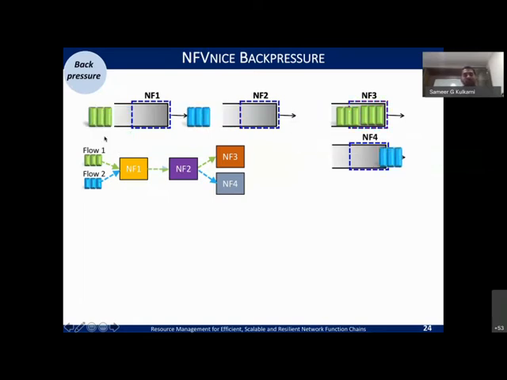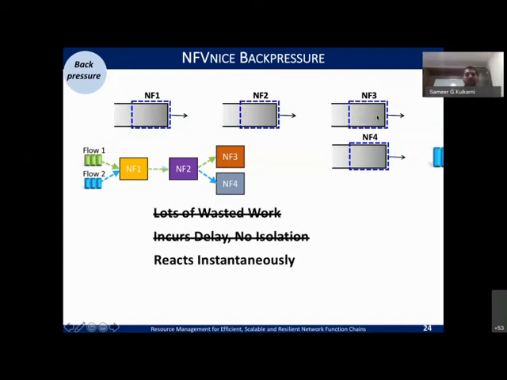While the blue packets, which are not being marked, can carry forward and get processed at NF1 and NF2, while NF3 can get its own turn to dequeue these packets. So that way, you have achieved the isolation and ensure that you can react instantaneously for those set of flows, right? So that way you have avoided the wasted work and you have achieved isolation and there is no delay in processing.